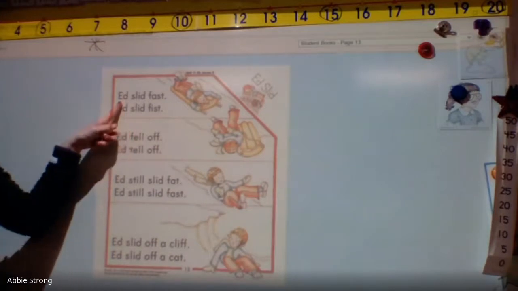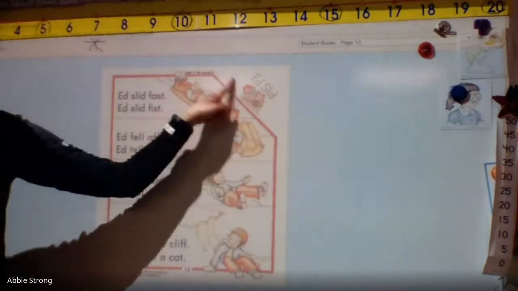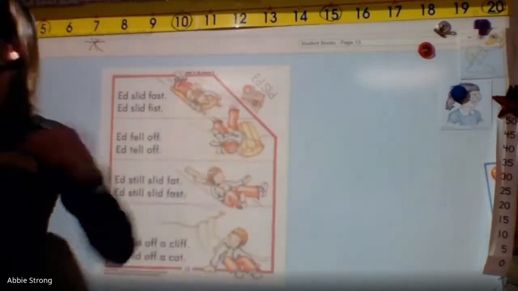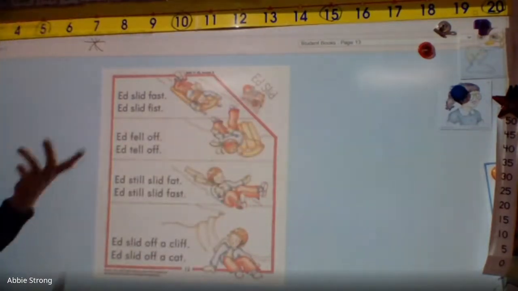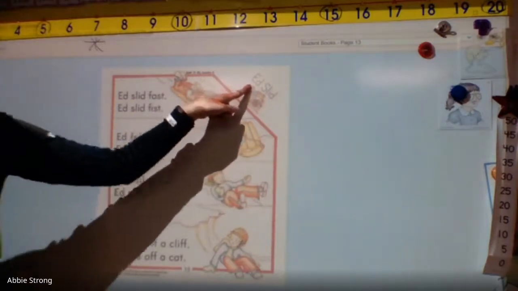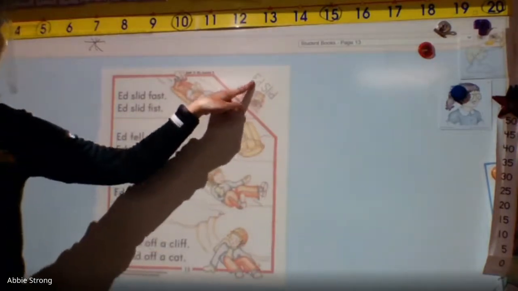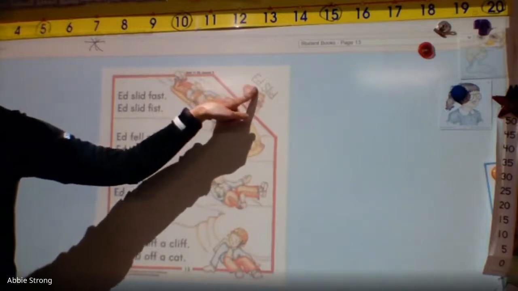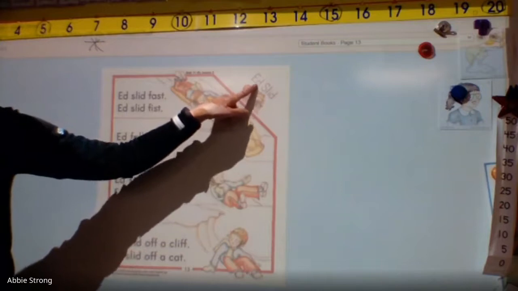We're going to read this. Over here on this part of your book, you're going to see the title. The title is the name of the story. So let's start over here and read the title of our story. Ready? Put your finger up here and read the story with me. Here we go. Ed